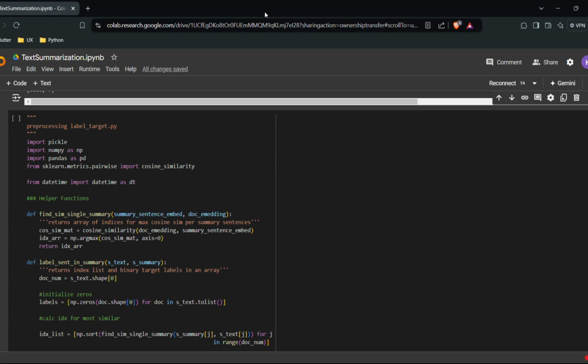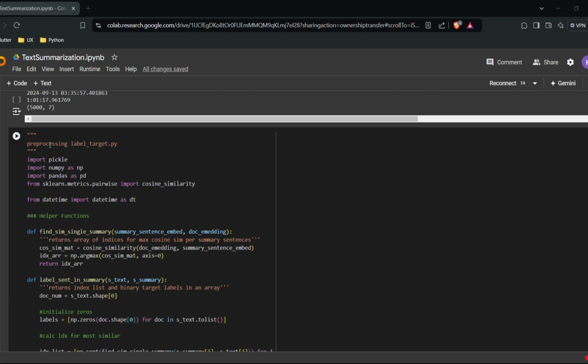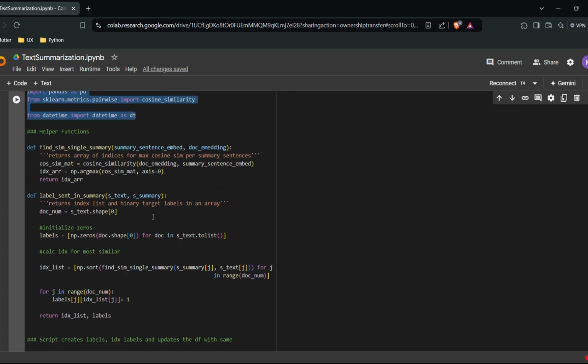Now, moving on to the second part of the project, which is the second script, pre-processing label target. In this, the script would pre-process labels for summarization tasks. So let's dive right in. First, we import all the libraries that we would like. Then we have two helper functions, one of which is